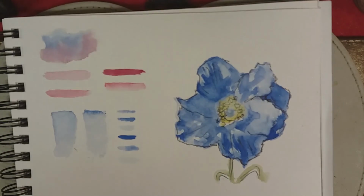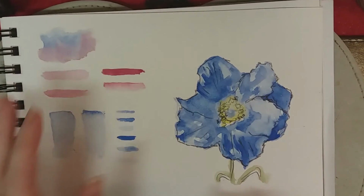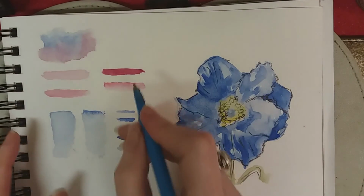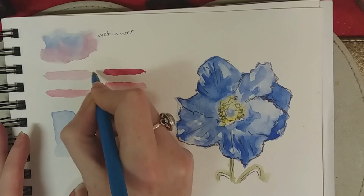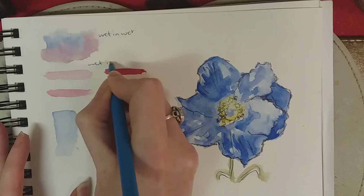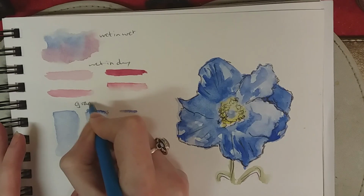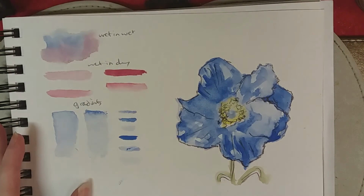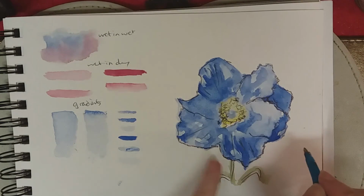And there you go. So you've got a very, very basic run through of some of the watercolour techniques. So we've got wet in wet. Let me write this up here. Wet in wet. We've got wet on dry. We've got some gradients. And we've got our watercolour